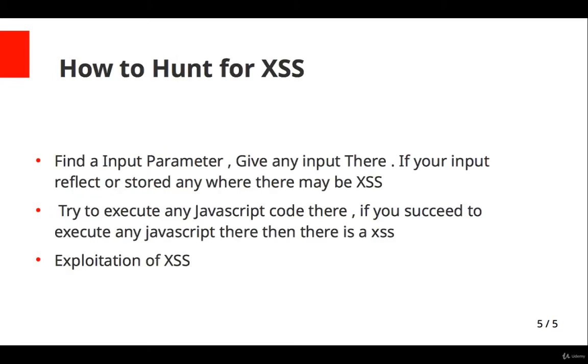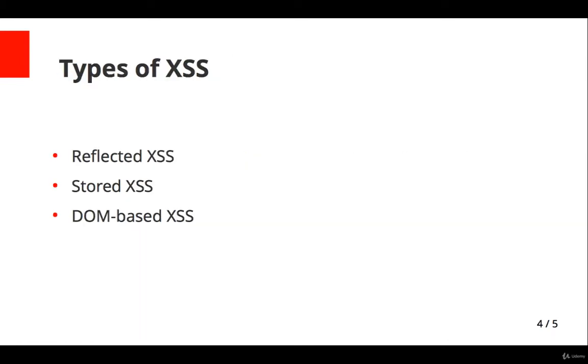Let's talk about the types of cross-site scripting. Mainly, cross-site scripting has three types: stored, reflected, and DOM-based. Let's talk about reflected first. It's the most common type of cross-site scripting. The attacker's payload script has to be part of the request which is sent to the web server and reflected back in such a way that the HTTP response includes that payload.